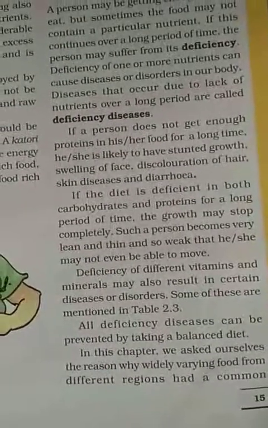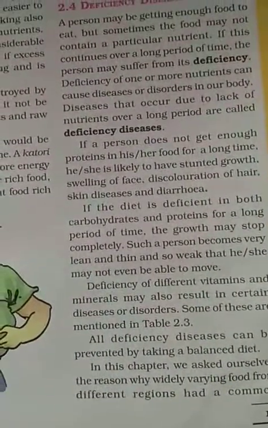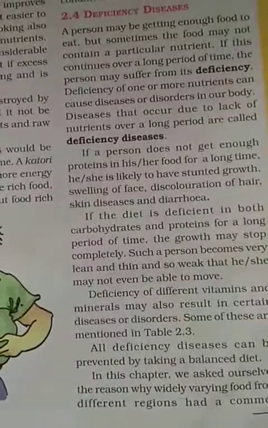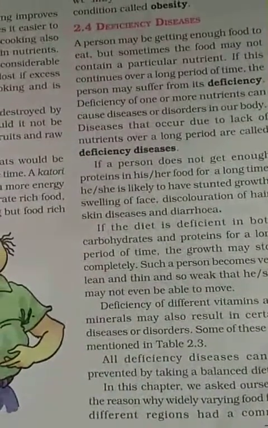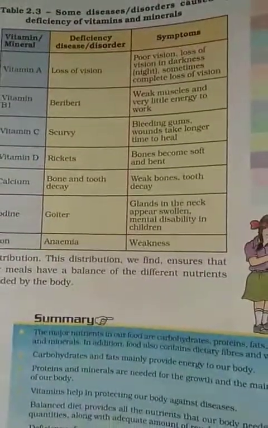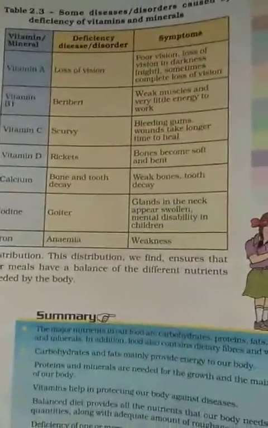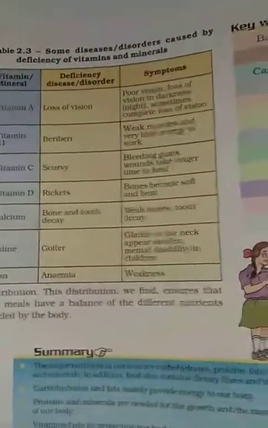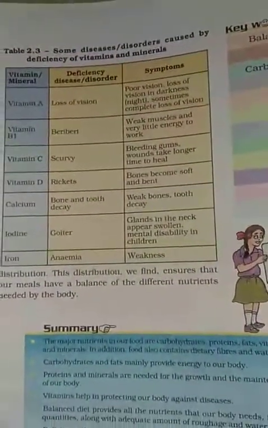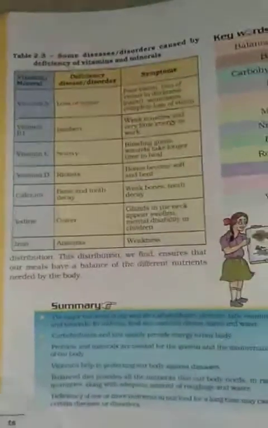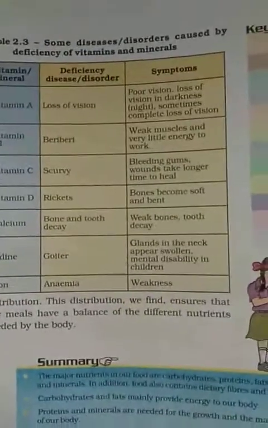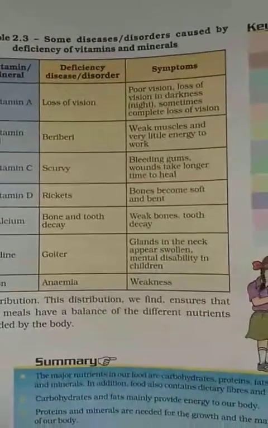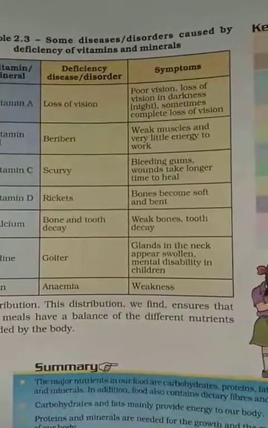In this lesson, we asked ourselves the reason why widely varying food from different regions had a common distribution. This distribution ensures that our meals have a balance of the different nutrients needed by our body. Okay, here is the chart in which some diseases are caused by deficiency of vitamins and